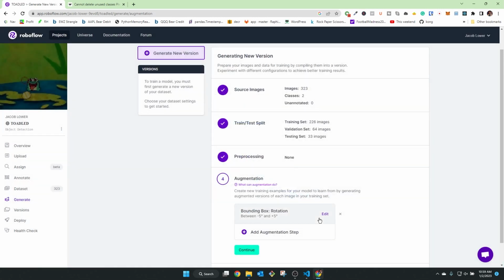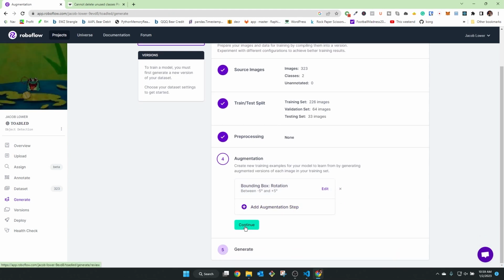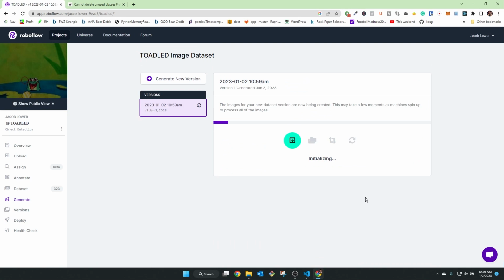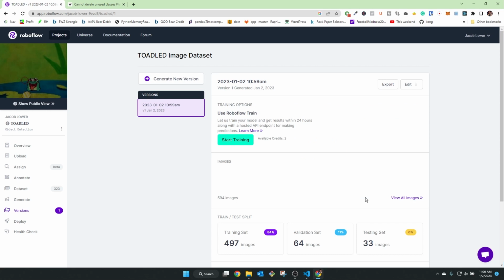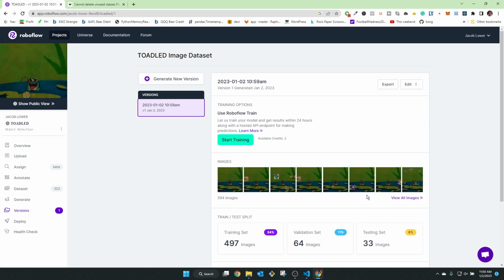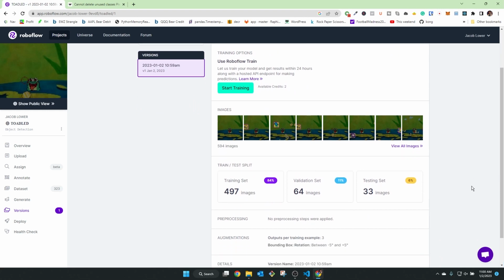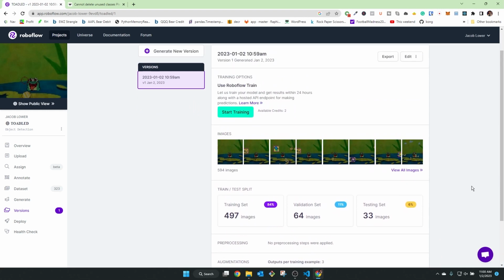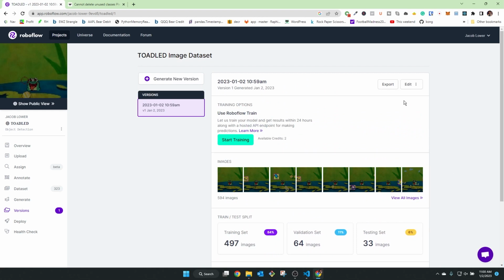Once that's all done, we can hit generate at the bottom, and then you'll see it creates our data set for us. Now it's going to host this data set, and we're going to connect it to Google Colab, where we can use a free GPU to train our network. Now you can actually start training here. I've never done this, but it's a different model than we want to utilize, so I'm going to skip over that. We'll just hit this export button,